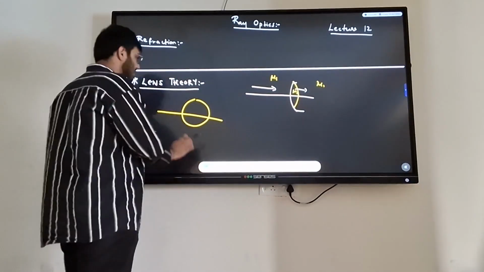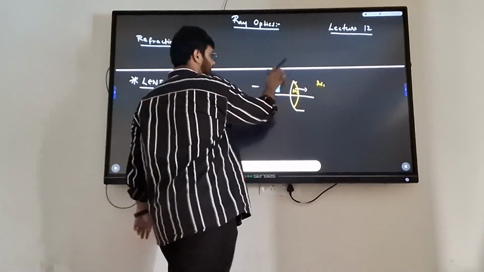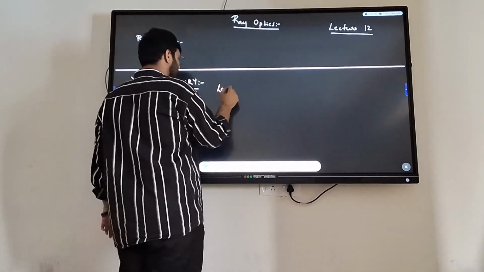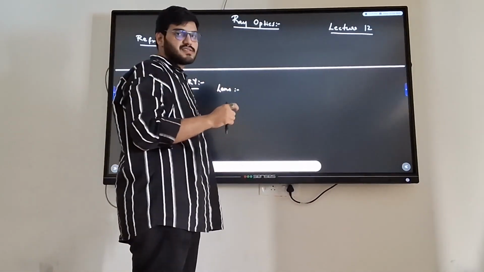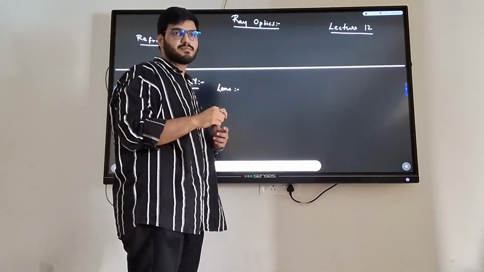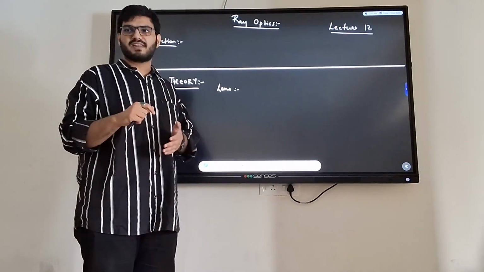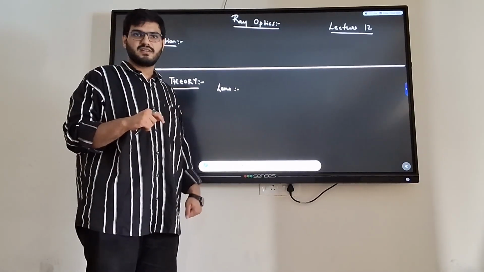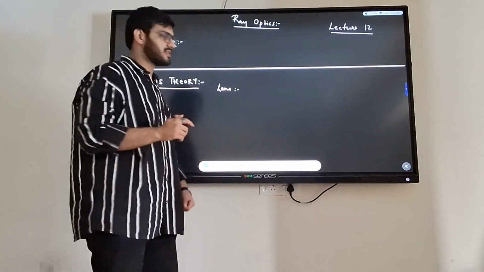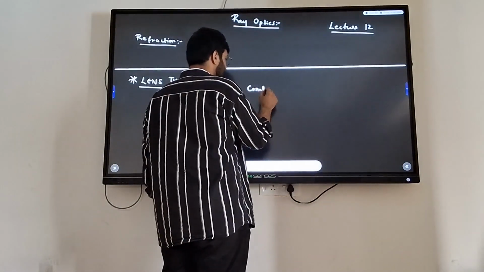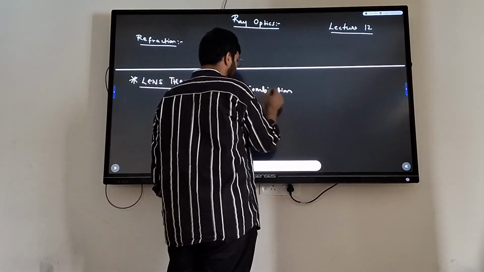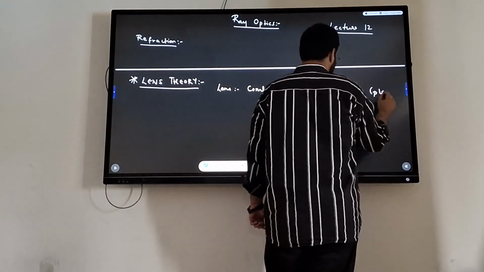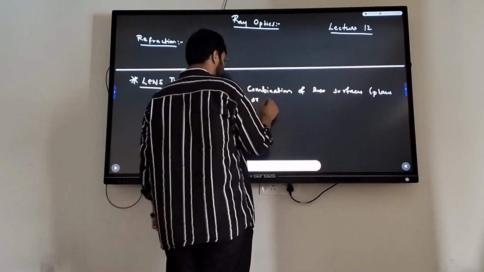So lenses are nothing new for us in a way. Let me talk about lenses now. Please write with me. A lens for us is just a combination of two surfaces, may it be plane or may it be spherical, a combination of two surfaces of maybe different radii of curvature. It may be equal, it may not even be equal. So, a combination of two surfaces, plane or spherical,